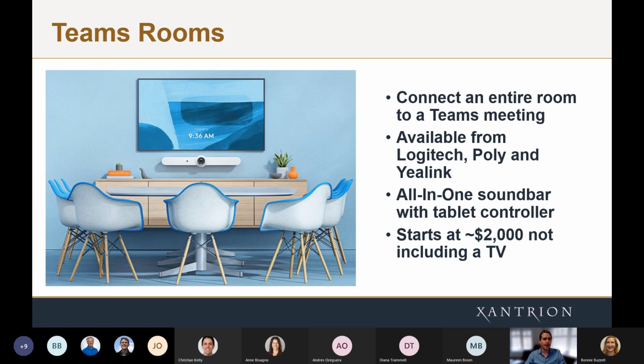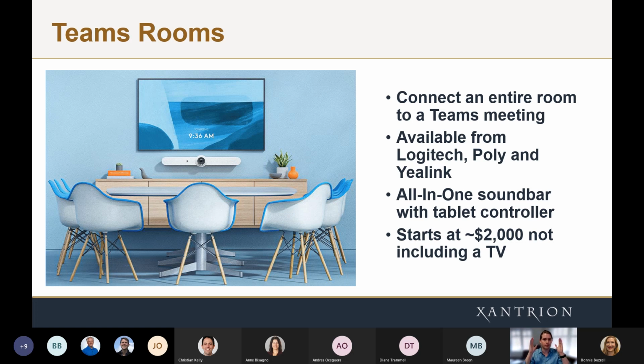So if you have a Teams meeting and you have a Teams room with everybody in it, everybody in that room is now included in the Teams meeting, and everybody anywhere in the world can join that conference room effectively remotely. The way these work is it's a high quality soundbar type setup. It has a really high definition camera with tracking capabilities to know how many folks are in the room, making sure that it's capturing everybody in frame and just everybody in frame.